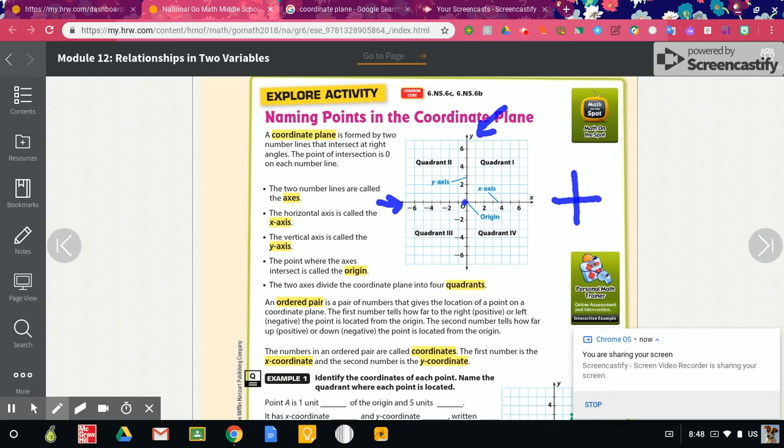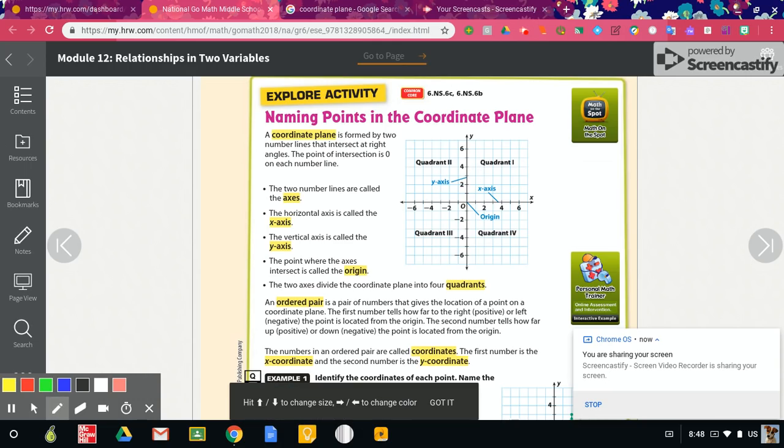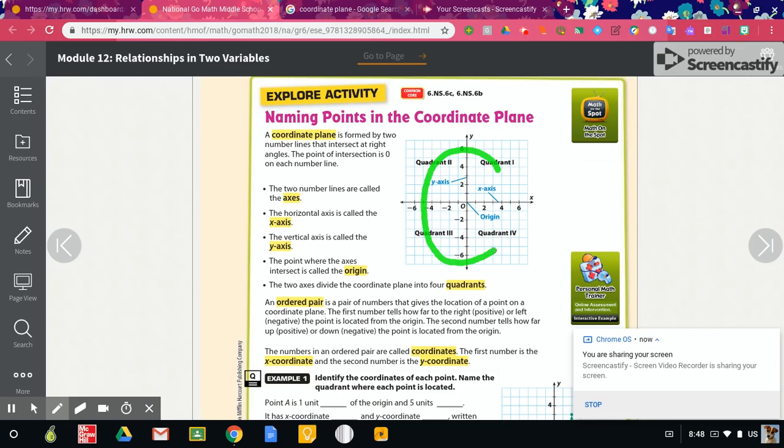The two axes divide the coordinate plane into 4 quadrants. So if you look at the word quadrants, the word quad itself means 4. So when we're talking about quadrants, it's talking about dividing the graph into 4 sections. And it goes in the shape of a C. So quadrant 1 is in the top right, and they use Roman numerals. Quadrant 2 is directly to the left of it. Quadrant 3, and then quadrant 4. So like I said, they use the Roman numerals. That's the X, the I, and then the V, and then the 3 I's,